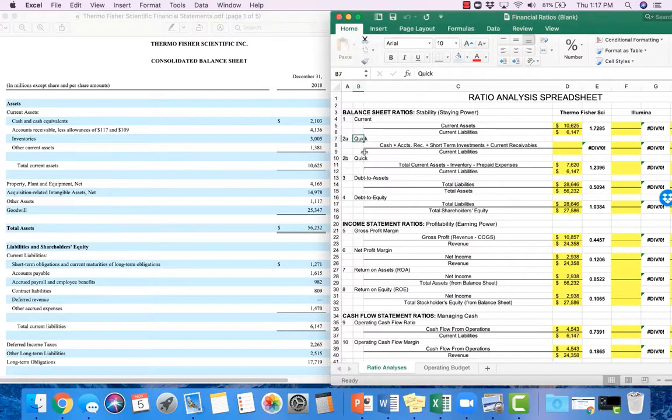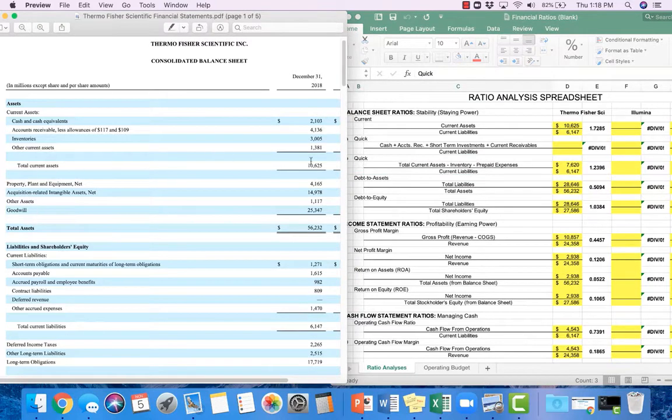The quick ratio indicates a company's capacity to pay its current liabilities without needing to sell its inventory or getting additional financing. That's why you see here in our quick ratios, it still has current liabilities in the denominator, but the top where it has our current assets, it's slightly modified. So there are two ways to calculate the quick ratio depending on the information that's available in the balance sheet. For this particular balance sheet, we'll be using the second option